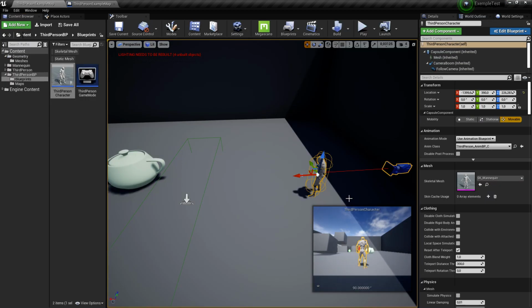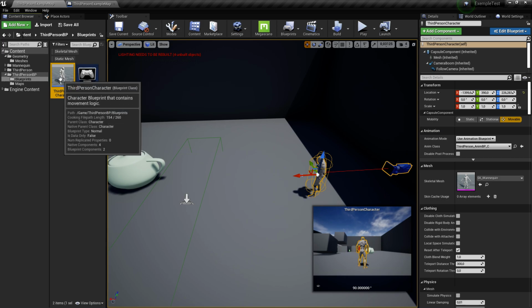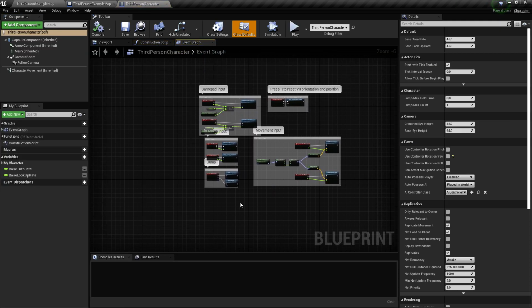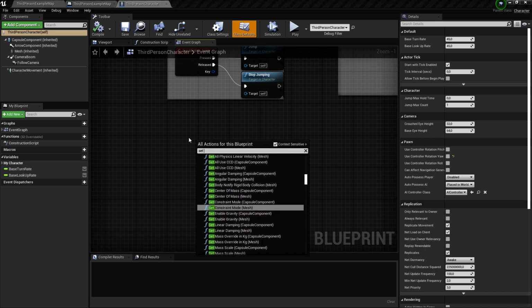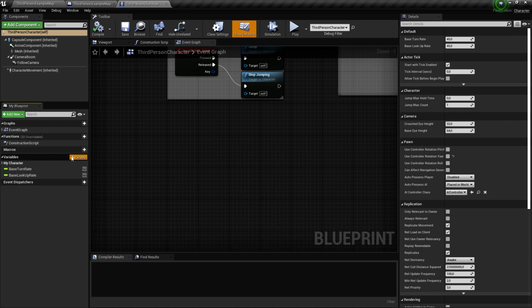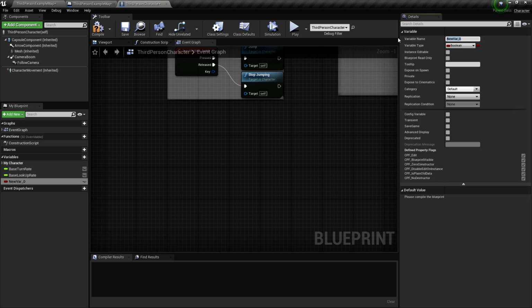I'm going to show you a little example on your character. If I just find it and double click on it. So if I just click on set, I'm going to create variable, player visible.